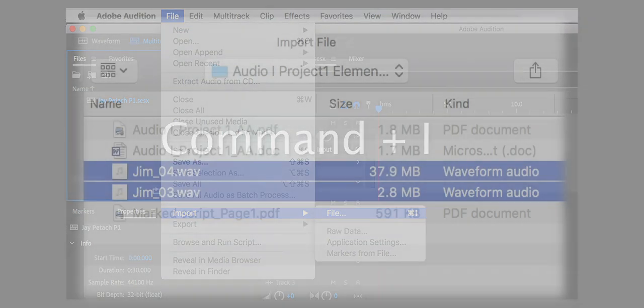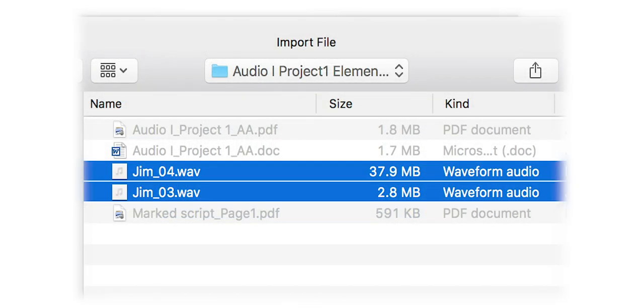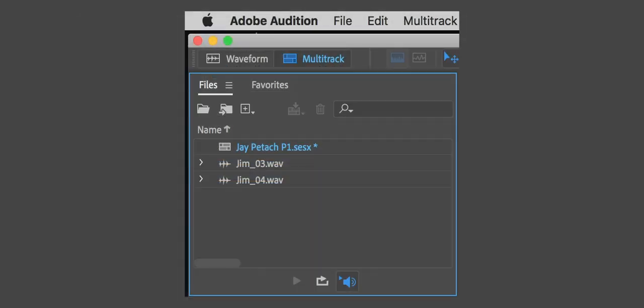So go to the Downloads folder where your files are and highlight the 2 WAV files. By the way, you'll notice that they're the only 2 that you can import. The others are grayed out because they're not really audio files. So click OK, and you'll see the files appear in the Files panel, which is typically located in the upper